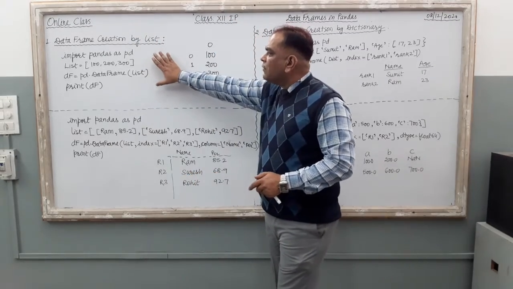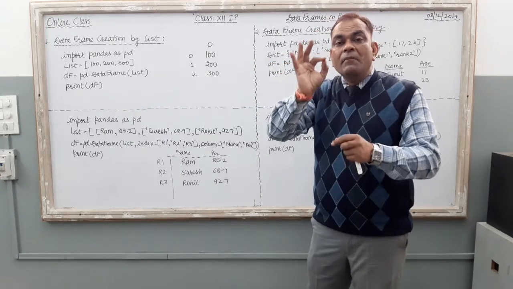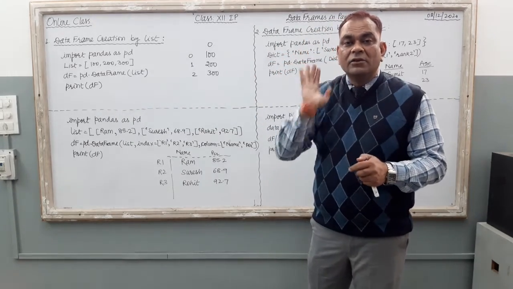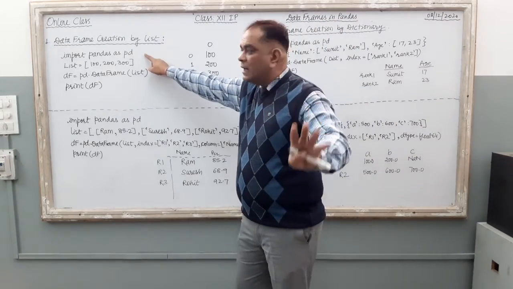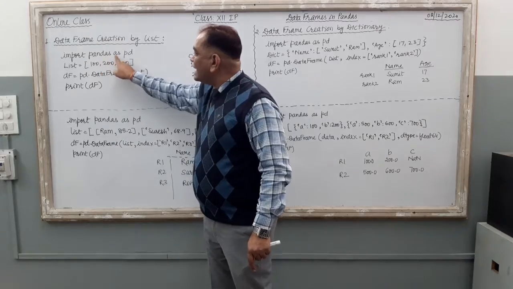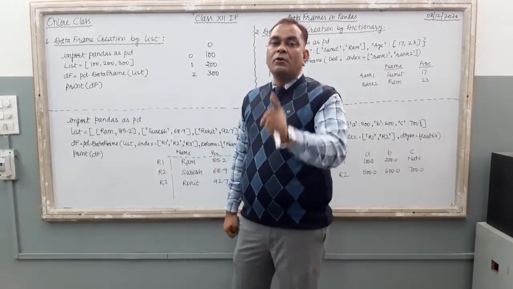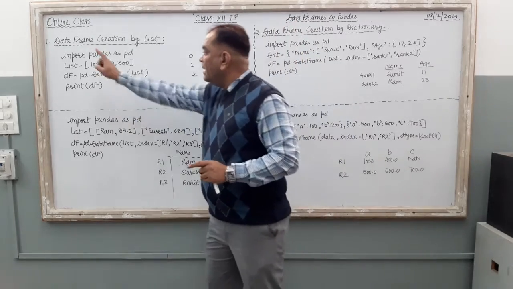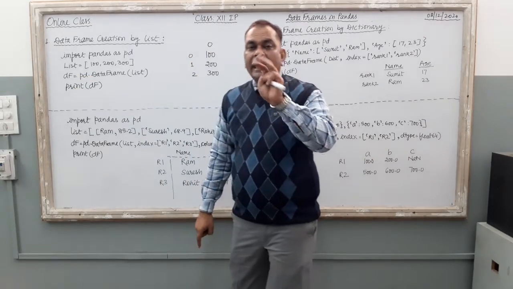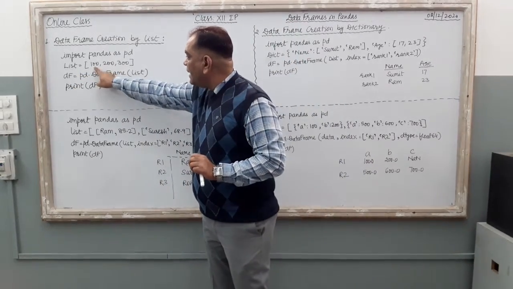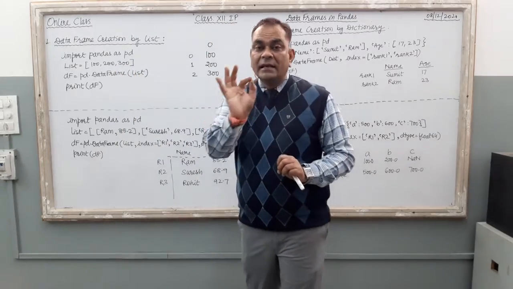Just see, the first program is there. Here the magic is, in this data frame, maximum programs contain 10 lines only. So here just see the coding step by step. Do not be in a hurry. Just see, import pandas as pd. It is the compulsory line. You have to add this line in each and every program of Python Pandas. The second line, here one list is created, a list with 3 different elements. Just see the list, 100, 200, 300. These are the 3 different elements inside the list.